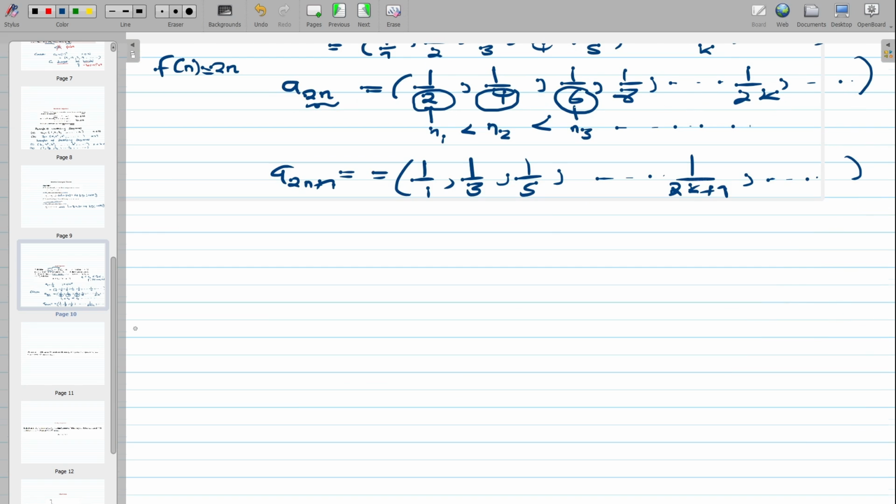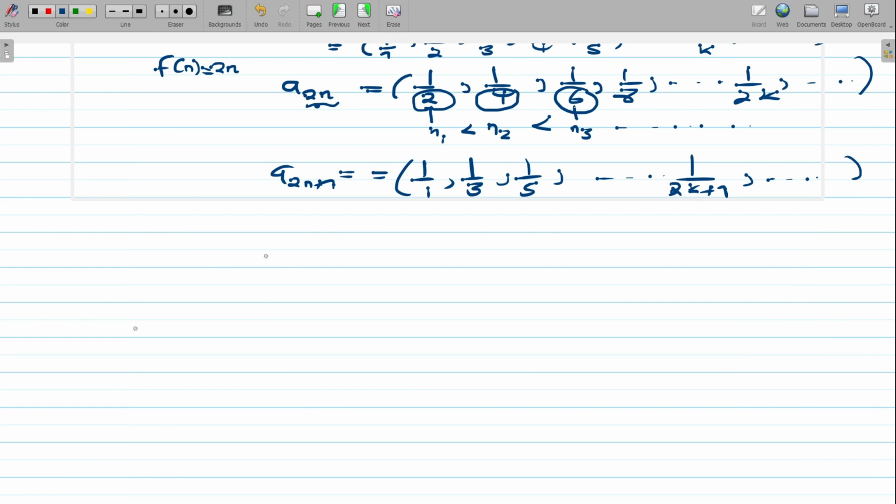And then a sequence like this one is not a subsequence. So examples of sequences that are not subsequences of 1 divided by n. So let's look at this sequence here. Maybe let's call it d sub n. And then we have a sequence like this one, 1 divided by 2, and then 1 divided by 1, and then 1 divided by 4, and then 1 divided by 3, and then if we keep on going like so,